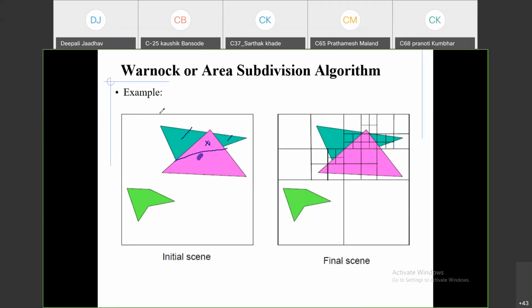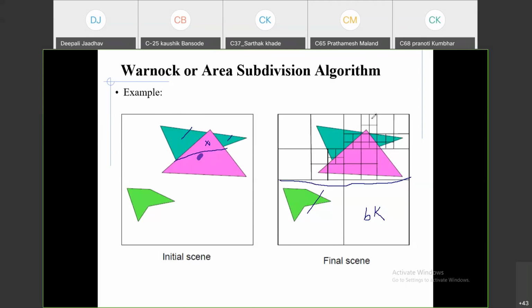And there are three polygons you can observe in this entire area. So it is not possible to give the direct color. So divide it into subparts. You can observe here, first it is divided into parts. Now this color is given directly because this area contains only one polygon. But here there is no polygon, so the background color is given. Here white color is considered, so the background white color is given for this area.